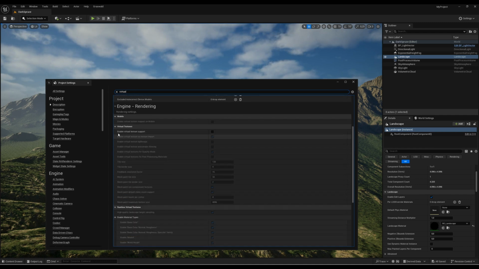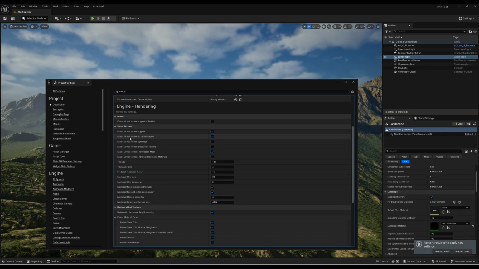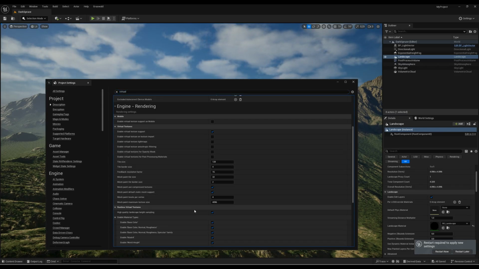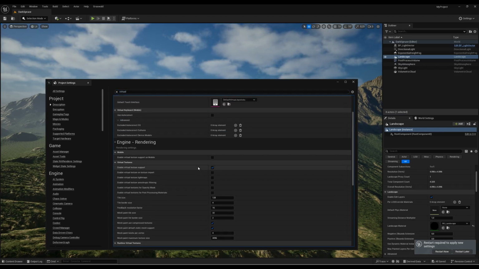You have to enable the virtual texture support. All right. But in this case, enable virtual texture on texture import, no. And as for the opacity mask, you can also just disable that. So everything else, you can just leave it like so. And so this is the first step you always have